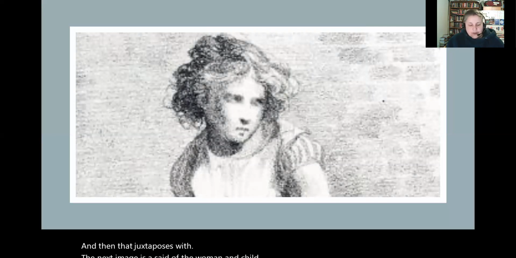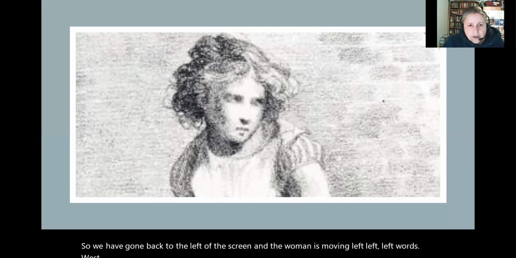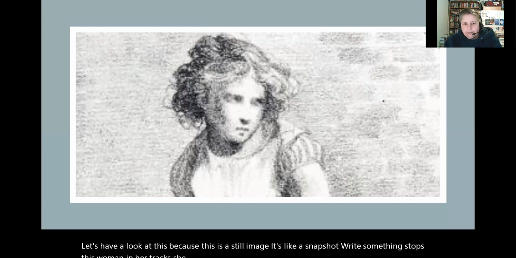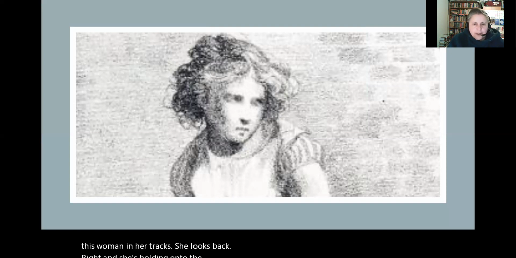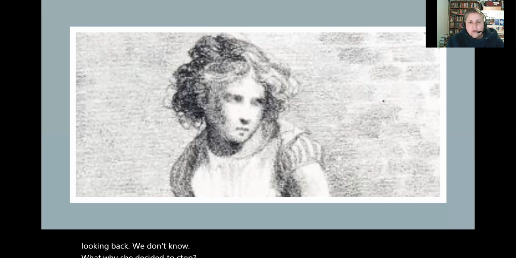But let's have a look at this image. So we've gone back to the left of the screen, and the woman is moving leftwards, west. Let's have a look at this, because this is a still image. It's like a snapshot, right? Something stops this woman in her tracks. She looks back, right? And she's holding onto the toddler with her hand quite strongly, but she's looking back. We don't know why she decided to stop. What we can potentially imagine is that